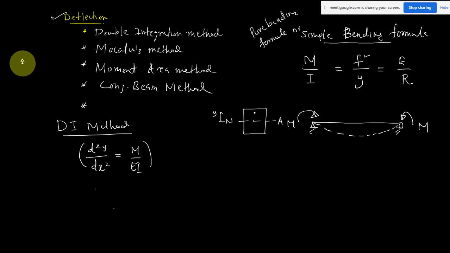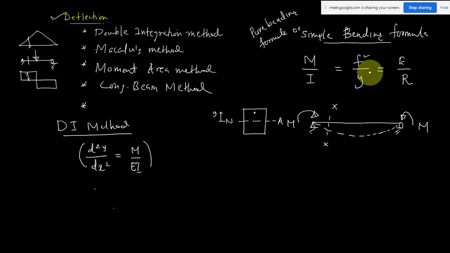Suppose you take some actual or random loading like this, a beam with a concentrated load. There is some shear force and there is some moment. Your moment diagram is like this and the shear force diagram is like this. That means if you take a section of the beam here, there is some value of shear force and some value of moment. So in general, at any section of a beam, there will be two internal forces: one is the shear force and the other is the bending moment.